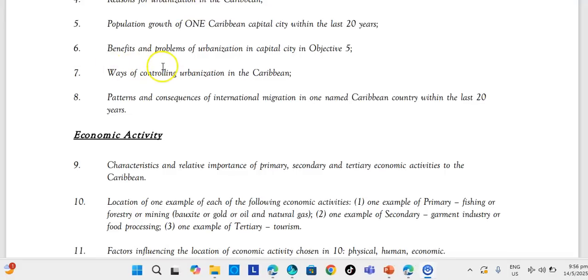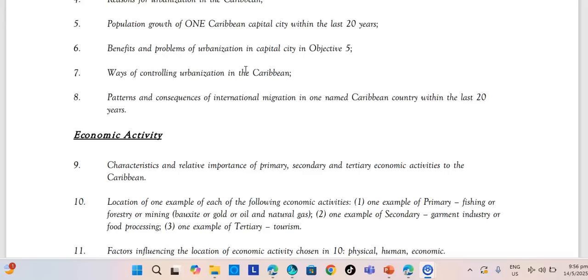Let's look at the problems of urbanization in Kingston. So some of the problems we have when we have too many people migrating from the rural area to the urban area are overpopulation. So we have too many people in small spaces leading to crowded housing and squatter land settlement. Another problem of urbanization is